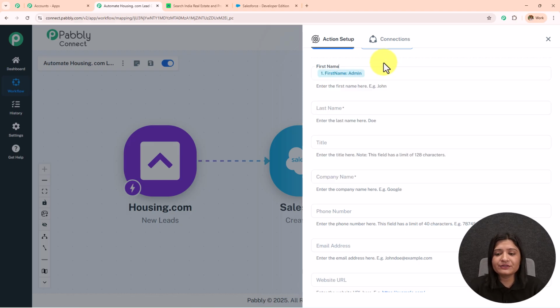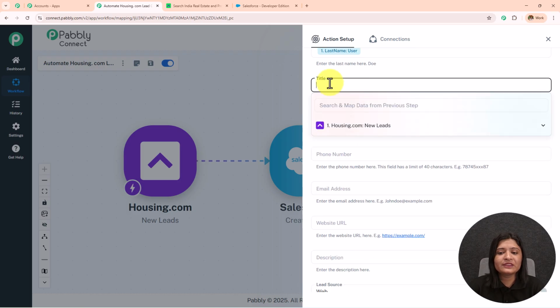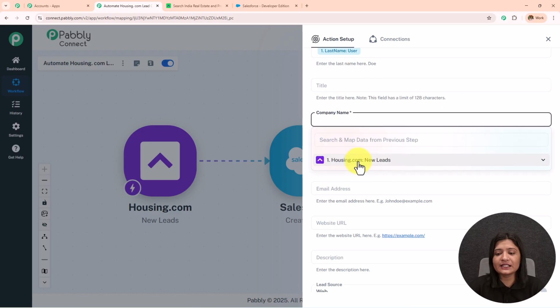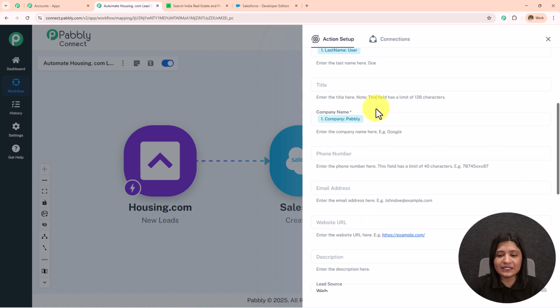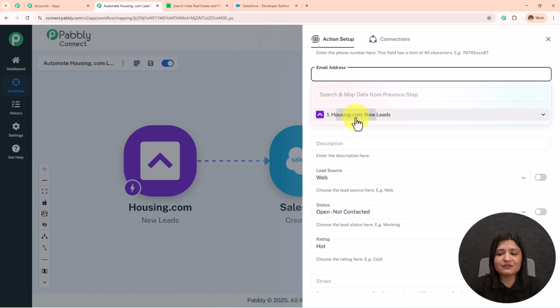I'm going to enter my first name as admin, then I'm going to enter my last name as user. The title is not a required field, but if you want to enter and you have received the response for that, you can do that. In the company name, I'm going to enter Pabbly. In the phone number, I'm going to enter this 8383. Now the email address was